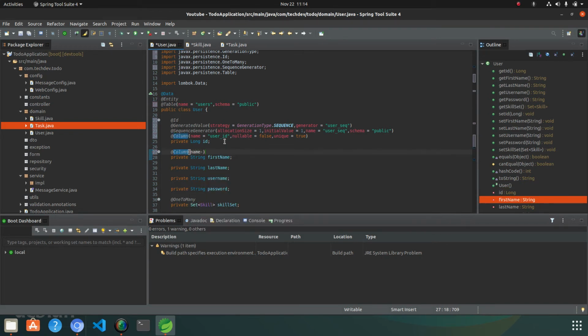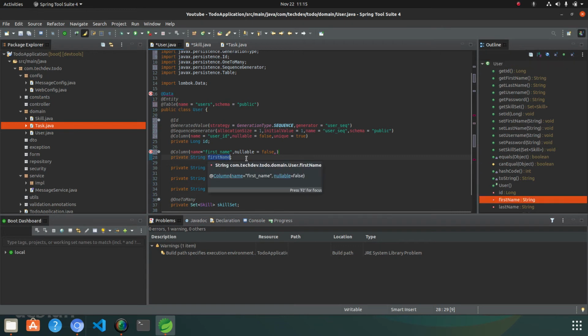The name will be first underscore name, nullable false. Basically, @column will help you in that if in future you want to change the column name in your table, you just need to update that column name here instead of changing the class member.